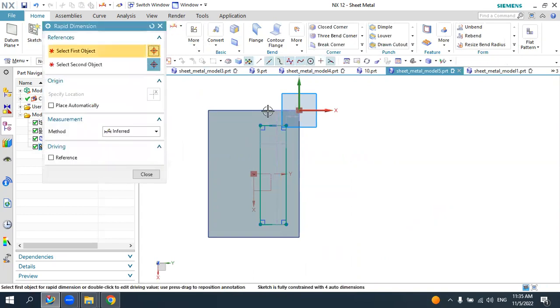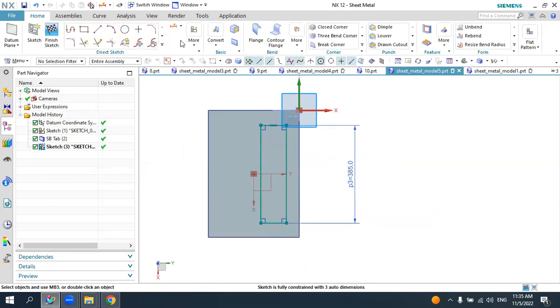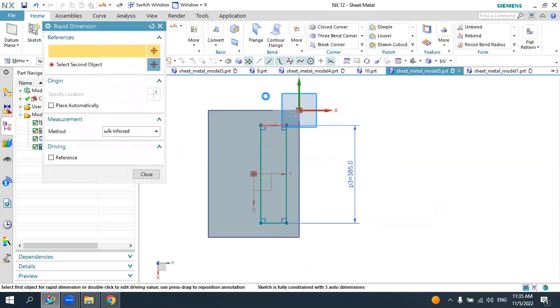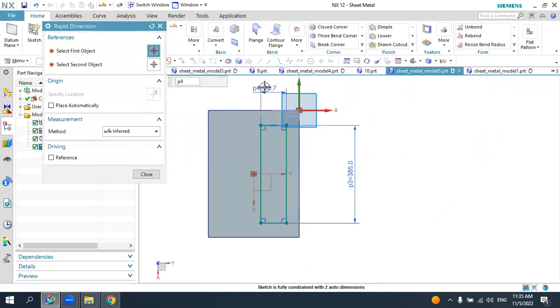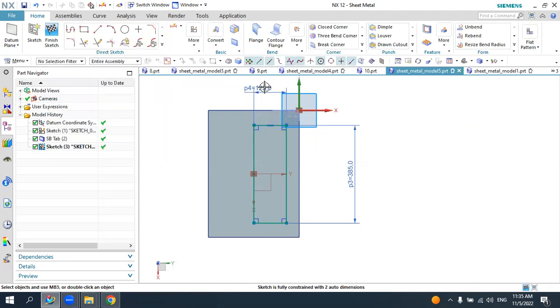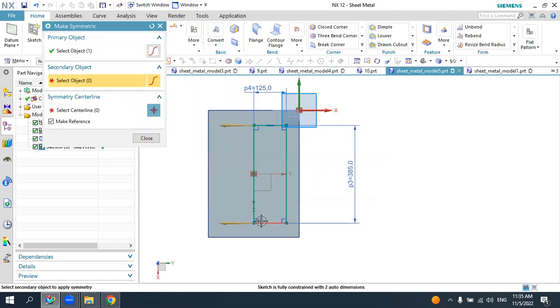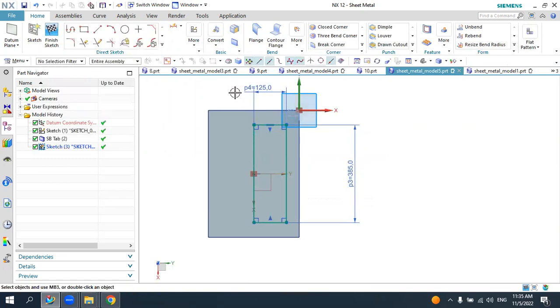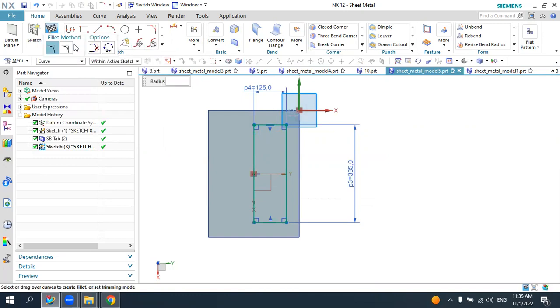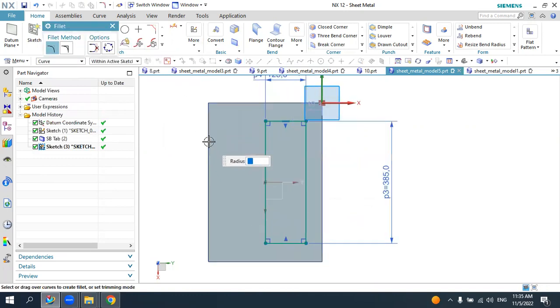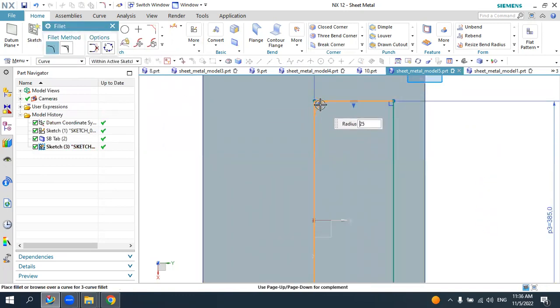Using rapid dimension, let's define this dimension as 385 millimeter, and this side of the rectangle as 125 millimeter. And let's make it symmetric. Using make symmetric, this side and this side around this one, and using the fillet, create the fillet here, the radius of 10 millimeter at the corners here,